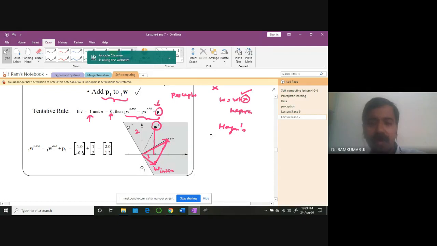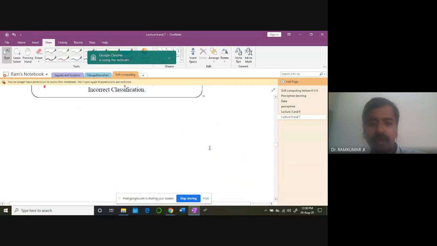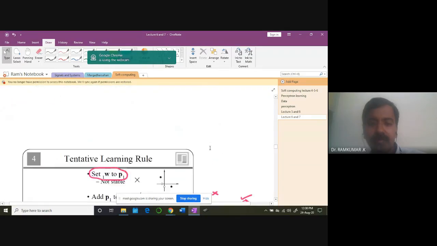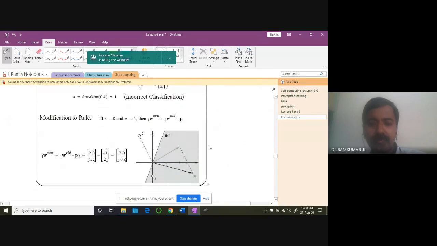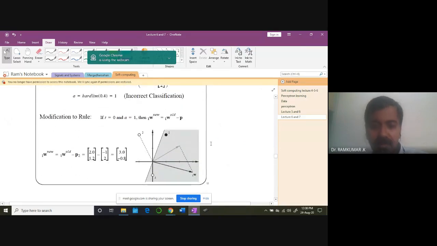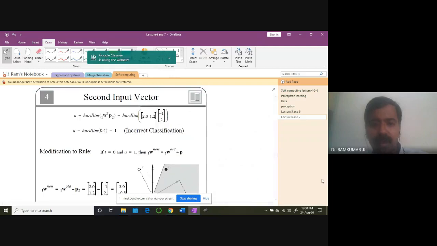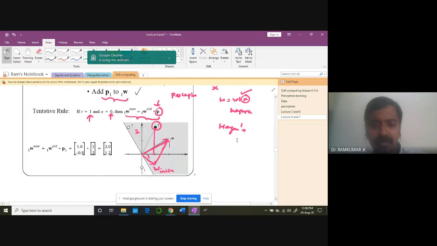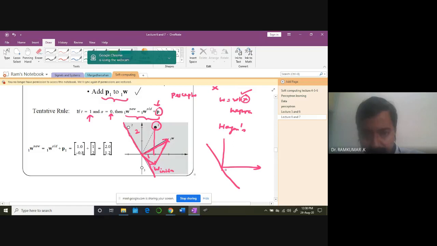Now what happened? Because this new vector is perpendicular to these 2 points. Now can you see it? This is my line. What is that line? New vector line. This is my line. For this line, this is perpendicular. Are you seeing it clearly? For this line, this is the kind of vector I'm talking about.